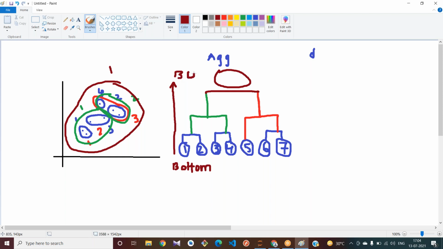Bottom up approach. What does the divisive method follow? I have already told you that in the divisive method we do the top down approach, the opposite of this.